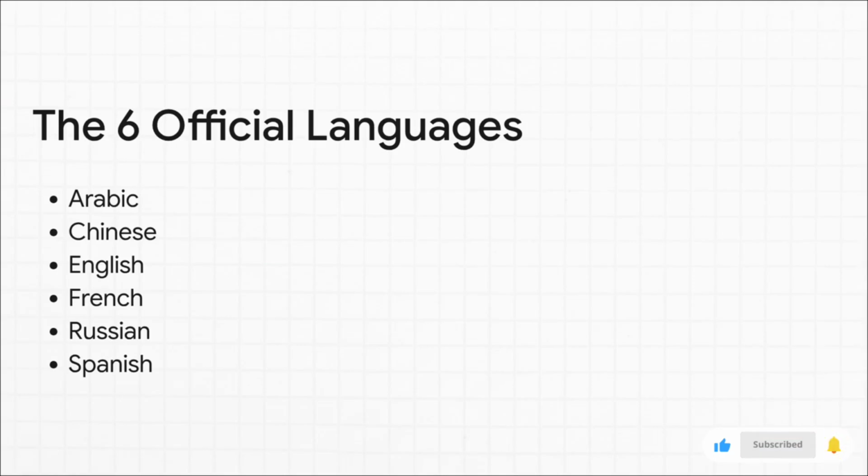And here's another one that pops up in exams all the time, the 6 official languages. And guess what? We've got another killer mnemonic for this. Just remember, "faces are." That's F for French, A for Arabic, C for Chinese, E for English, S for Spanish, and the R at the end is for Russian. "Faces are." It's a simple trick, but it works every time.